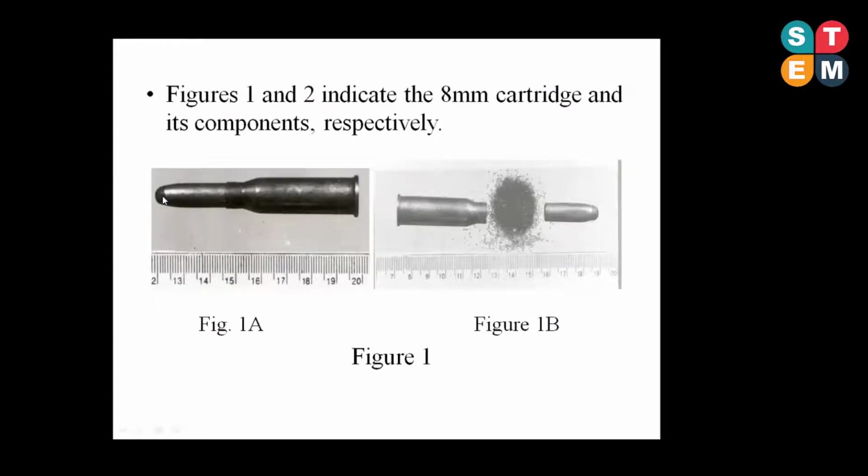So this is the 8 mm soft nose bullet, and this is a bolt action sporting gun which uses a rimmed cartridge. If we open it, you see there is a soft nose bullet, then there is smokeless powder, and there is an empty cartridge case with a percussion cap at this side. So this is the complete assembly of the ammunition.